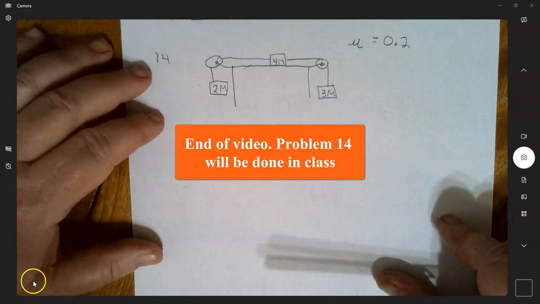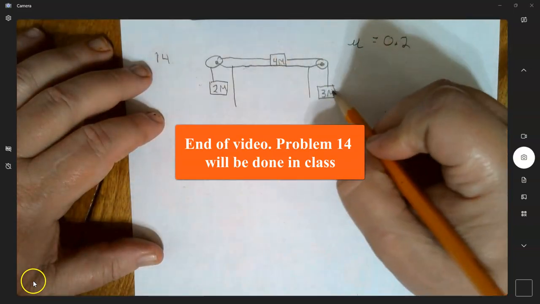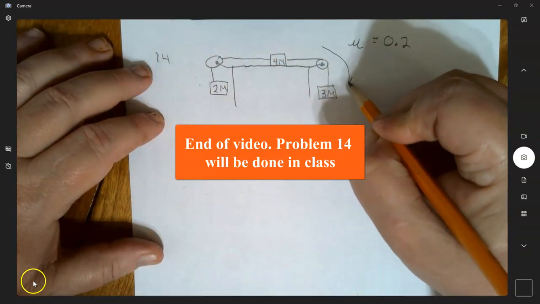Okay, last problem. So we have 2m, 4m, and 3m. We're going to call this positive since it's going to be pulled in